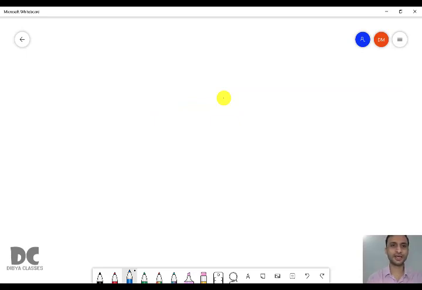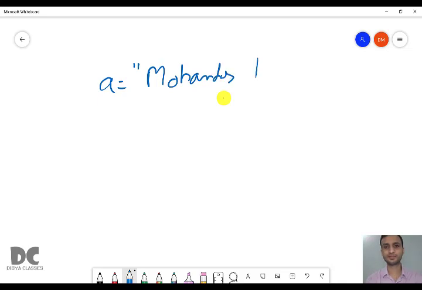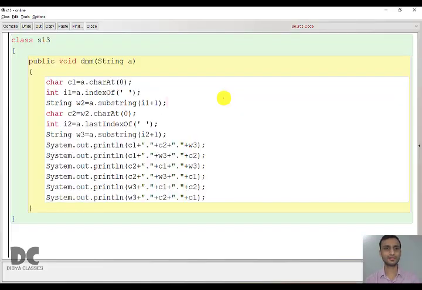So in string A we have Mohandas Karamchand Gandhi. Okay. In C1 we are finding the charAt of 0.